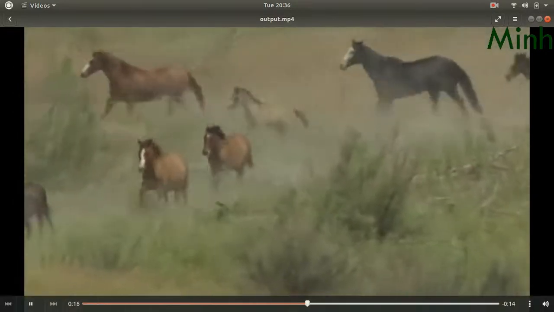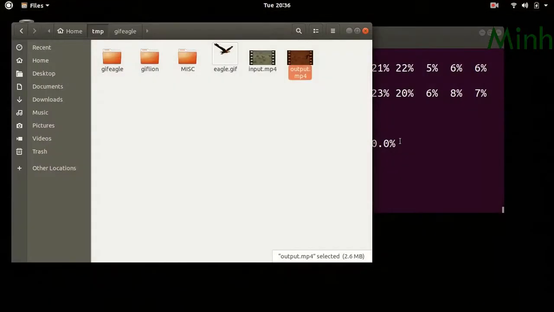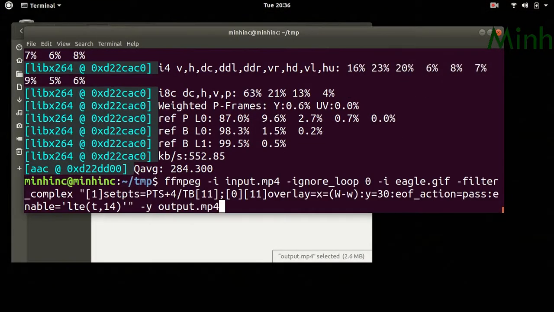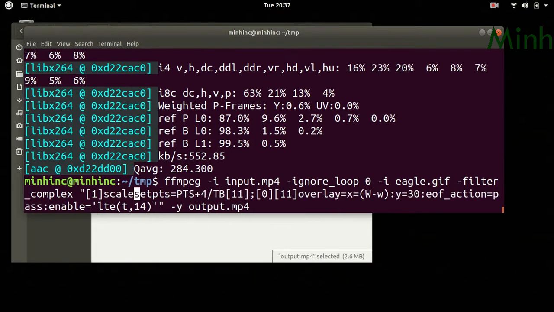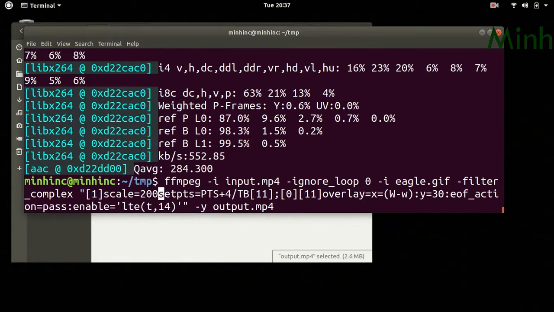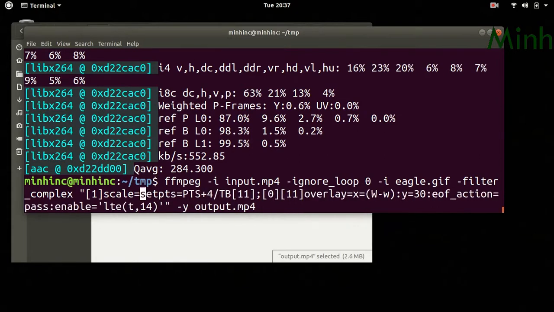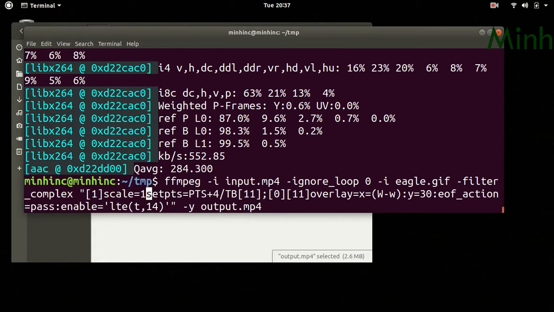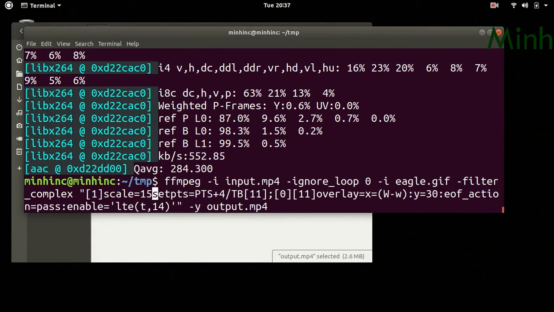So this is how we can put a GIF on a video. If we want, we can scale the image also. If it is very big, we can say scale, some 200 or 160, 150.